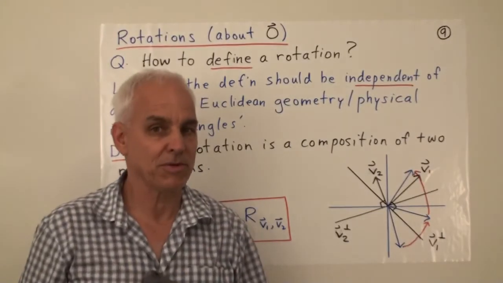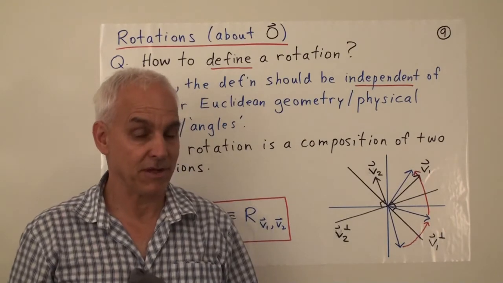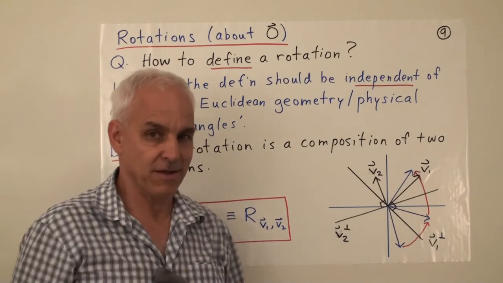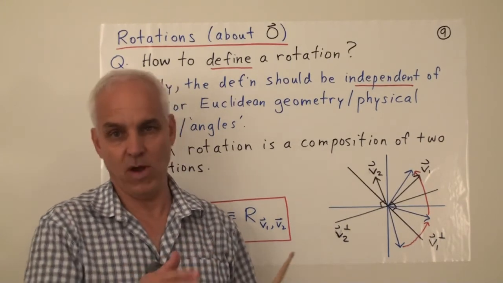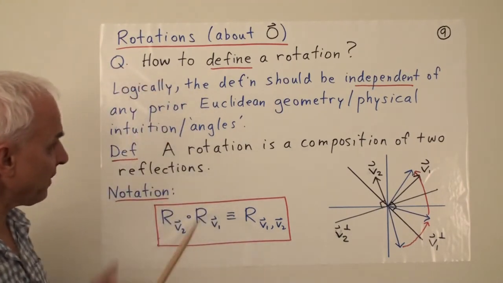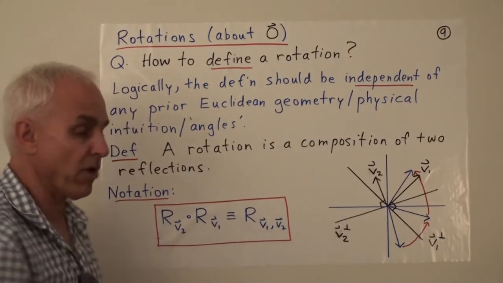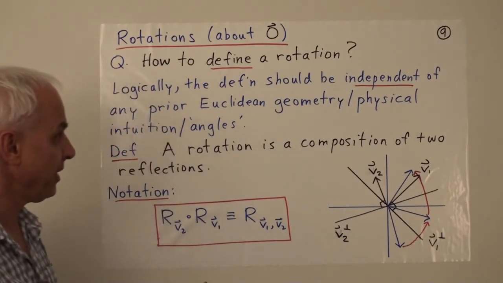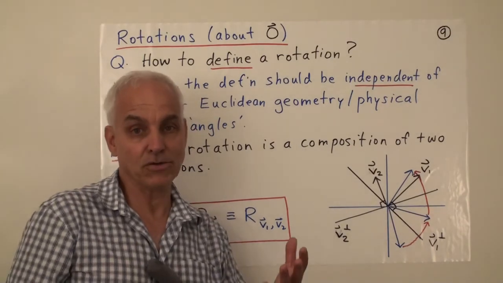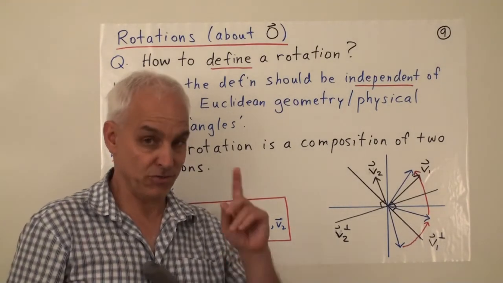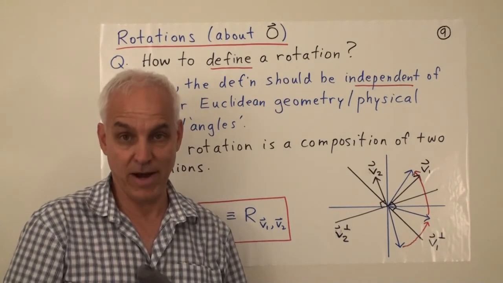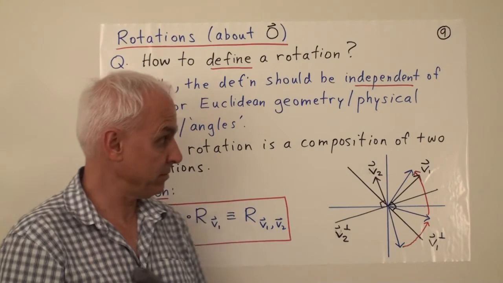So in a little while, we're going to be talking about relativistic geometry. I'm going to give you a bit of an introduction to that, via linear algebra. And we're going to see that this kind of definition just fits very well with that, and also in higher dimensions too. Okay, so the definition really ought to be independent of any prior theory of Euclidean geometry, especially since these days Euclidean geometry is rarely ever laid out correctly. Like rational trigonometry is really the only way of setting it out logically correctly in the modern era.